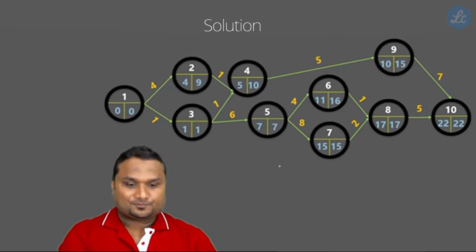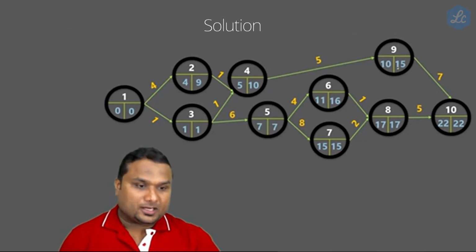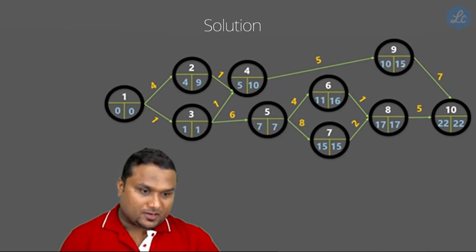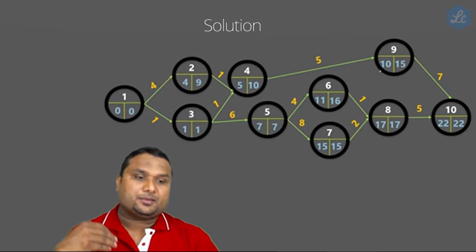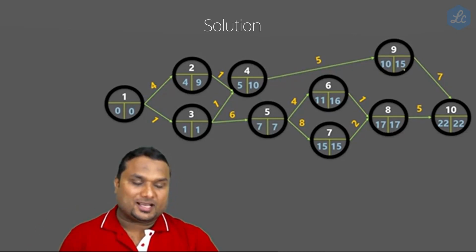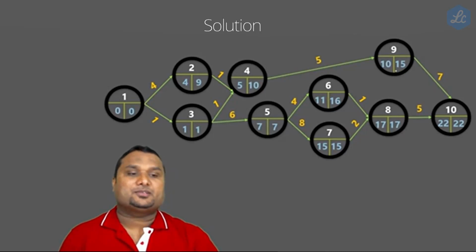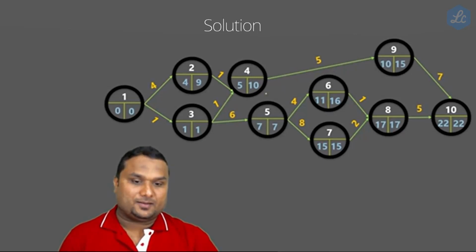Now, look at my dear friends, the values. One value is 10, one value is 15. That means the project can be started either on the 10th or on the 15th. That means you can take 5 days of rest. Here it can be started either on 11 or 16, so there is a 5-day gap here. Here there is a gap, but here there is no gap.